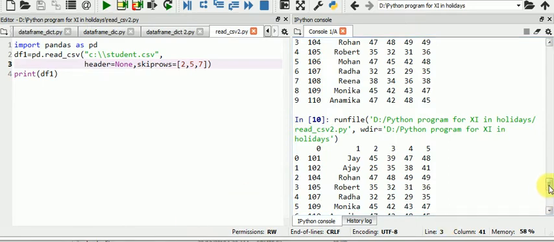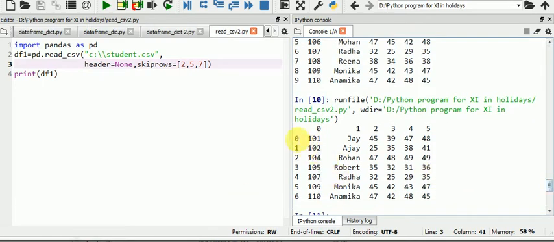By default the index comes in the 0 1 2 3 format. If you want to assign the index from your file, then we can give index_col is equal to my first column, that's the roll number.